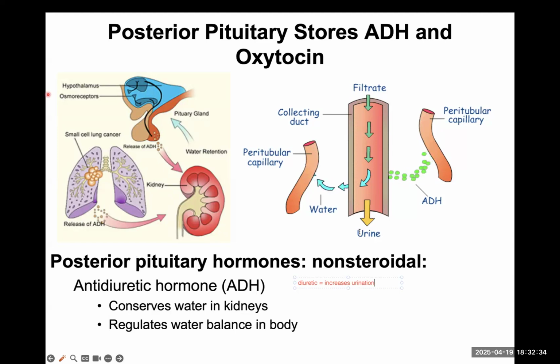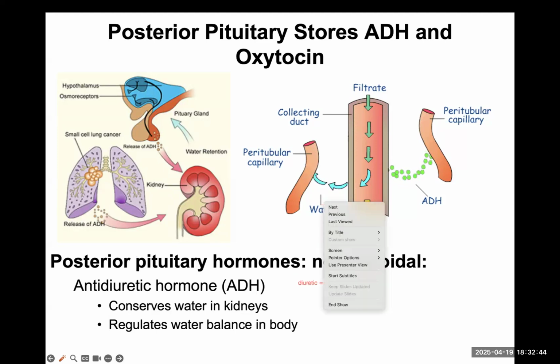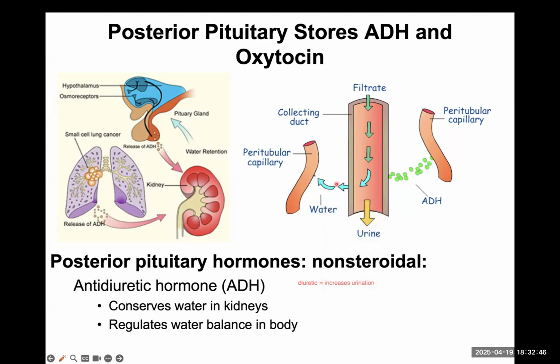So that's what's happening in these tubes. You have these things called collecting ducts. When ADH is secreted, it goes into your blood and goes to your collecting duct, and it will cause the collecting duct to become more permeable. When it's more permeable, water will be absorbed from the urine, and the urine will get more concentrated. The water will go back into your bloodstream, and it'll regulate your water balance. So your circulatory system, that's the big picture.